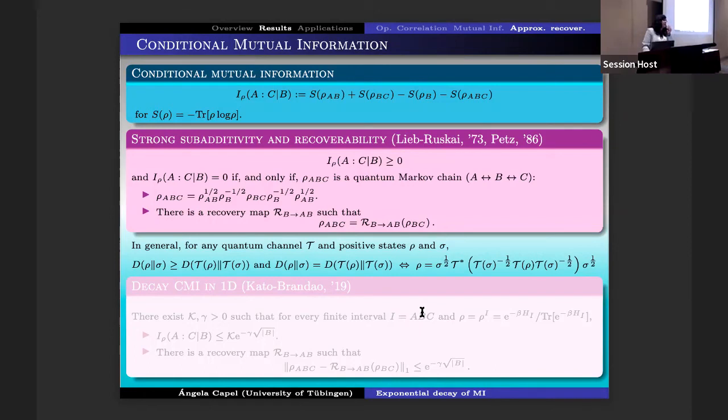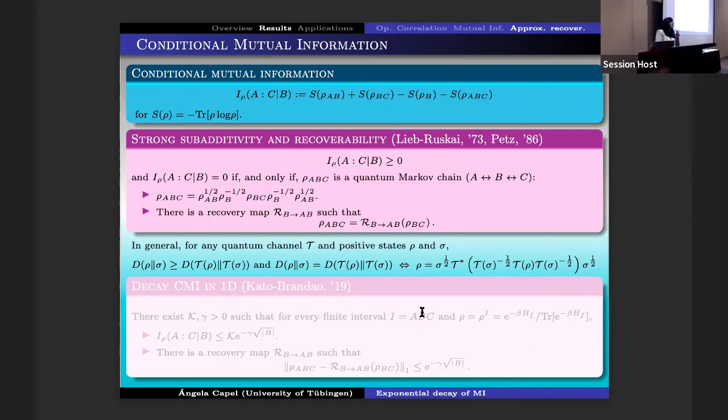That's a very good question. We don't have it for the moment. It's very difficult to compare these two quantities. Okay. It would be really interesting to know that one would imply the other thing. It's a very interesting question, and we are working on it actually. But for the moment, we haven't proved something of the sort. Okay, thanks.